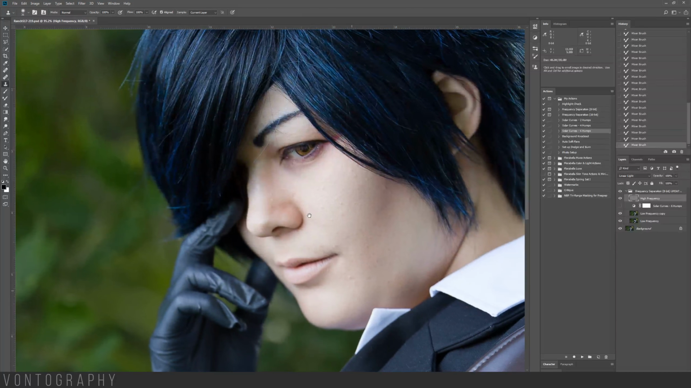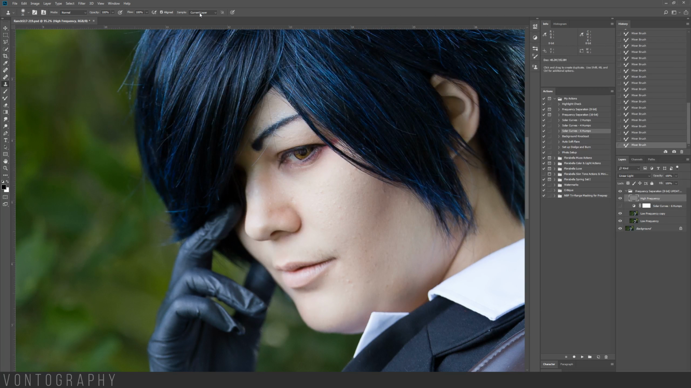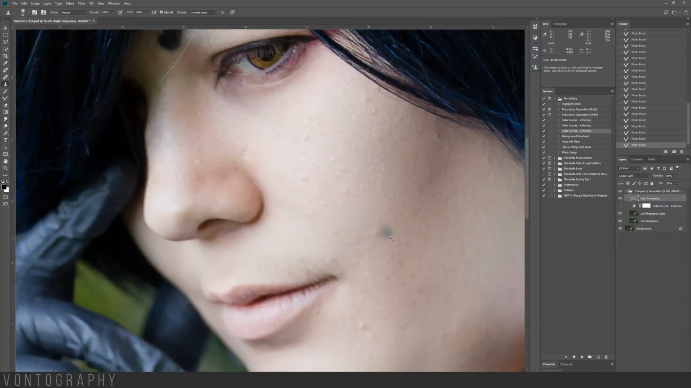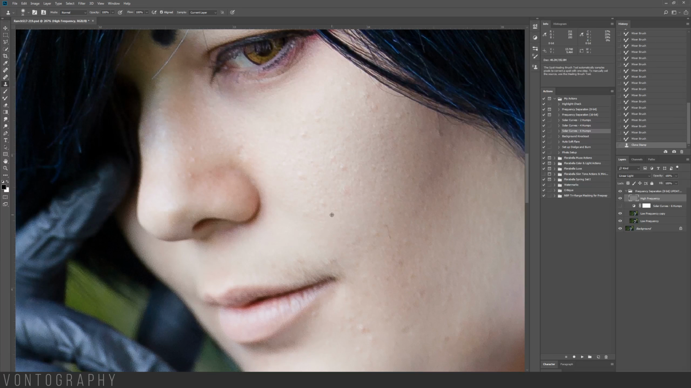Obviously, this still needs more work right now, so we're going to go back to the high frequency layer, and we're going to select the clone stamp tool. You can use the healing brush tool or the spot heal tool as well. I sometimes will use it, but for this I tend to prefer the clone stamp tool. And make sure though that your sample is set to current layer, because if you have it set to current and below and you try to do it, you're going to get this weird result, and that's not what you want. So set it to current layer, and come in and just sample and just take out the areas